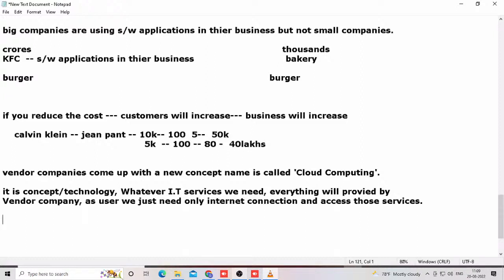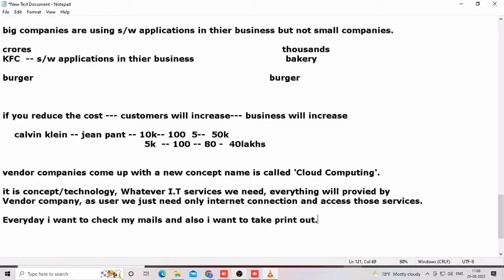For your better understanding, I'm giving a simple example about cloud computing. In this example, I hope everybody can understand the exact concept of cloud computing. Let me give a small example. Every day, I want to check my mails, and also I want to take printouts. Understand? If I want to check my mails and take printouts every day,